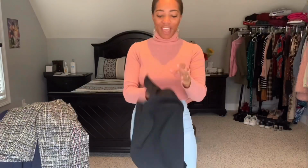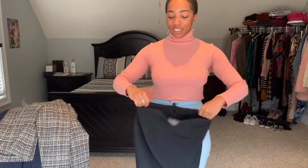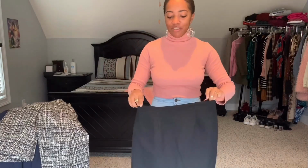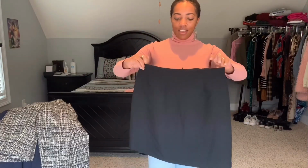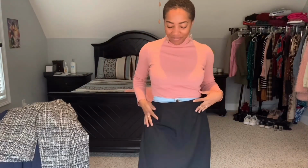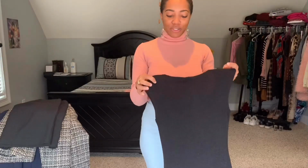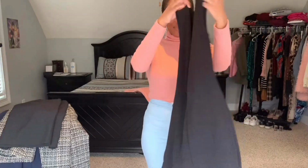I got this black, it's kind of a mini skirt. It is a little short, but like I said, it's giving me Clueless 90s. I love it. Okay, next thing I got, every girl needs a little black dress in their closet, and this